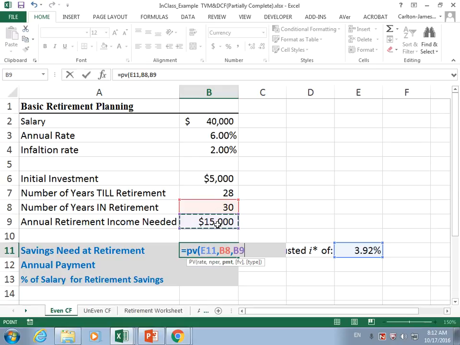Anyways, in this case here, we have our 15,000 and our future value is 0. The future value being 0 is again something that's discretionary. Many people, for instance, choose to leave a certain amount to their kids. So they